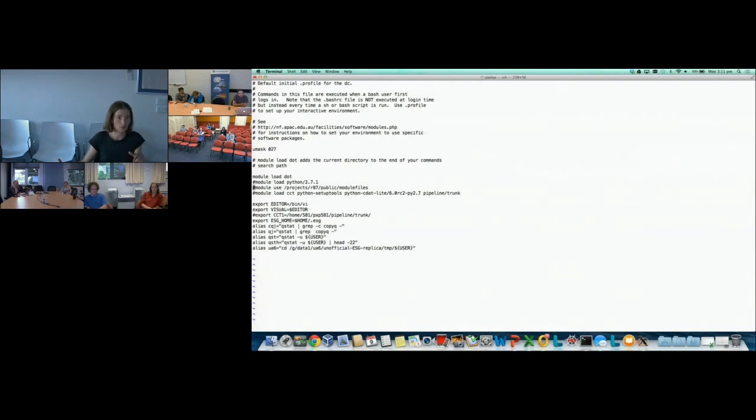So watch out if you put something in there. If I wanted to use a different version of Python and I'm loading one over here, I would have to unload it all the time. So just put in something that you really use all the time.